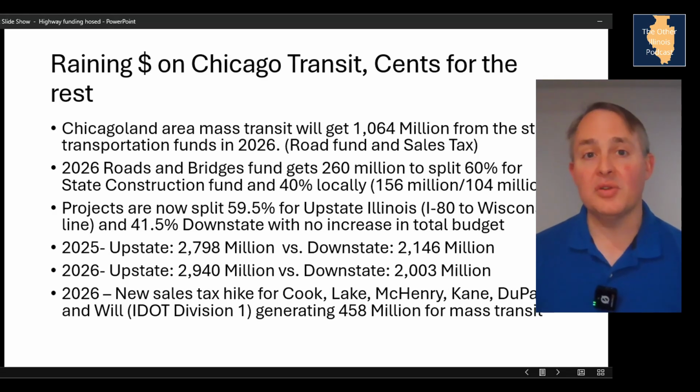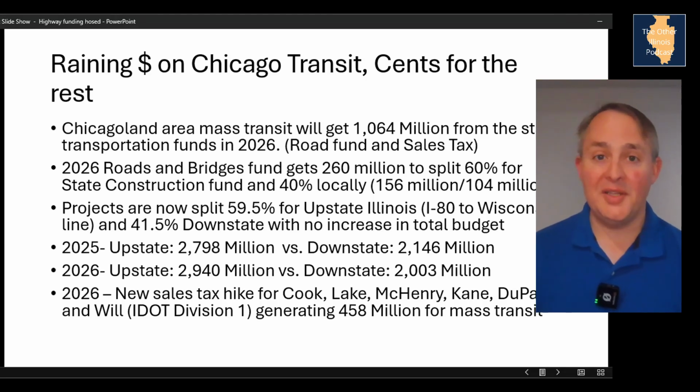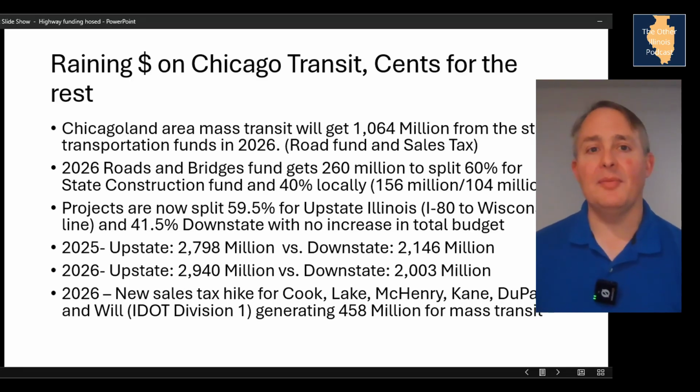Now, this is not just a one-time thing. This is going forward for at least the next 5 years in the transportation 5-year plan. And this is coming from both road funds and sales tax money. So they were only getting about, let's call it, 250 million. And again, you've got to remember to add in that $180 million that they're getting every year from the